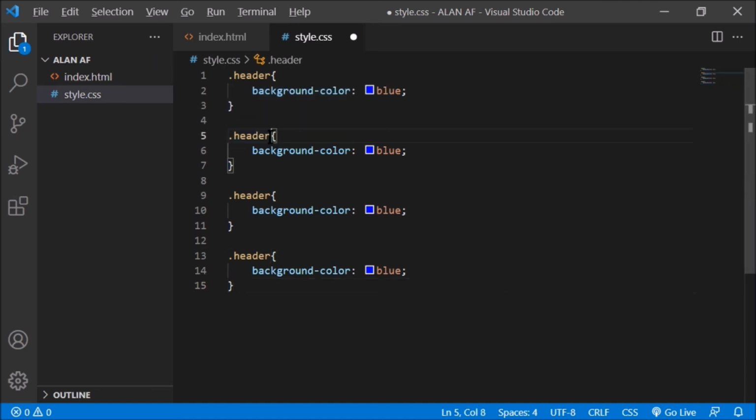I will change this one to left, and this one to center, and this one to right.